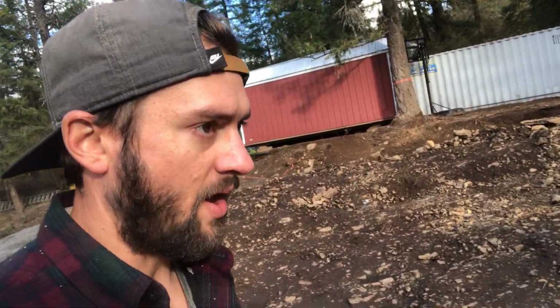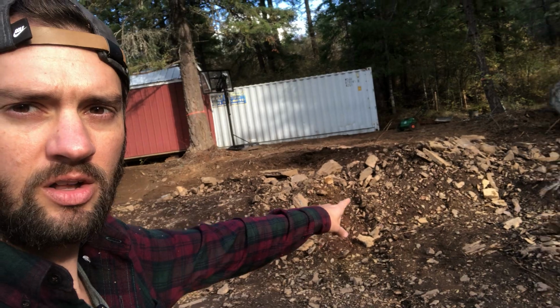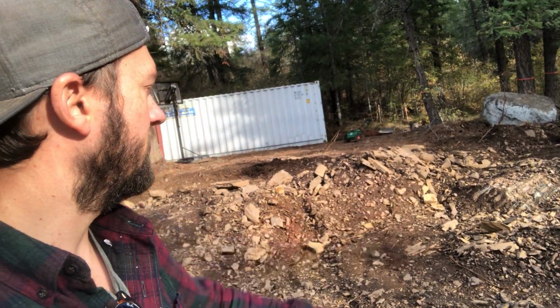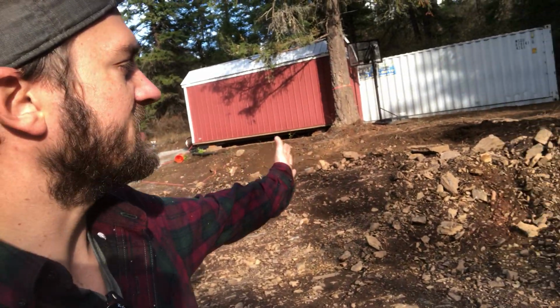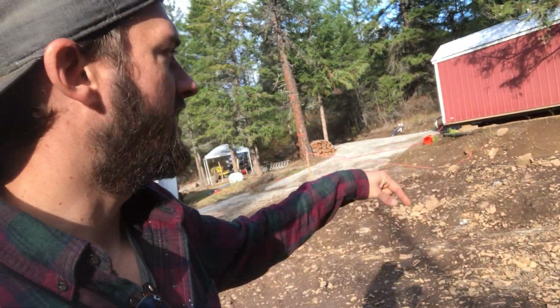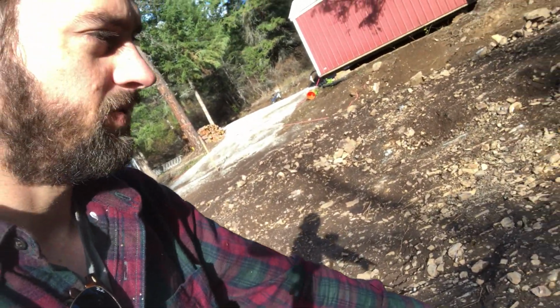So I was at the point where I thought we were just gonna have to import and build up the pad, but this is the part that we're going to be blasting all across here. There's a big old rock over here. I'm gonna scrape at least the stuff that's on the top off of that, but we're gonna be drilling down and blasting, and everything that comes off of that is gonna be a lot like the chunks of the shale